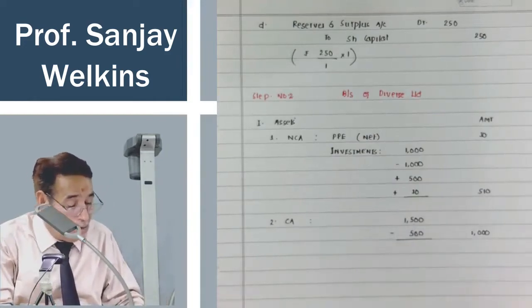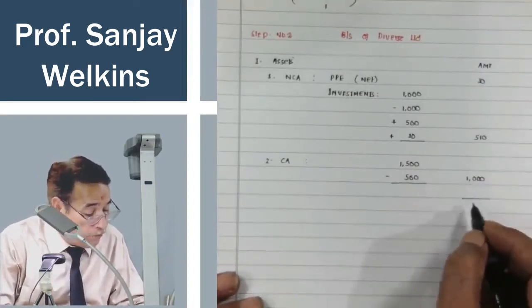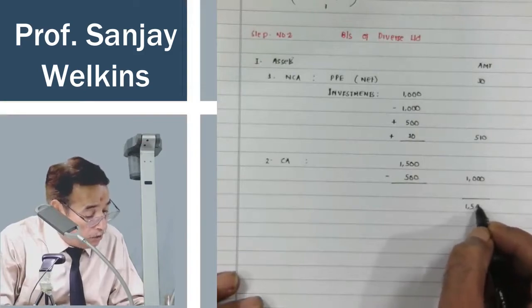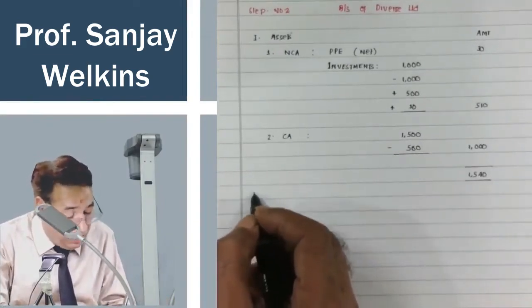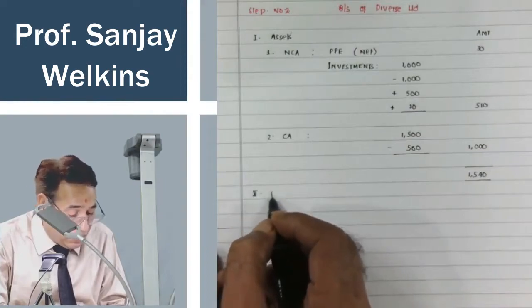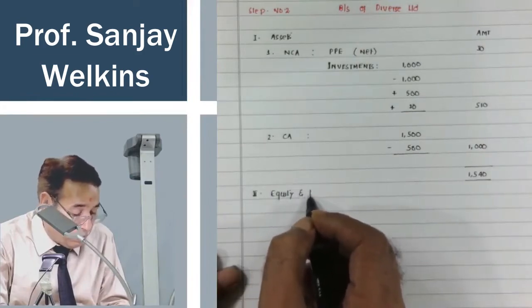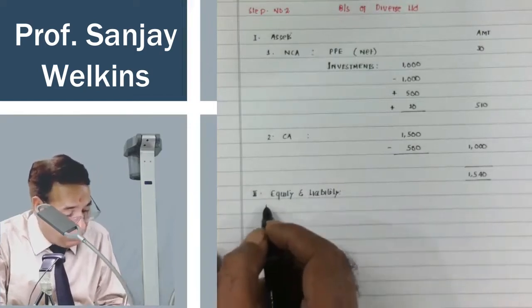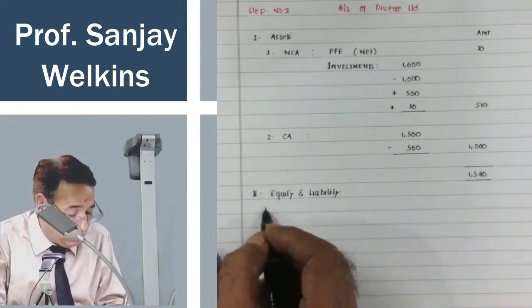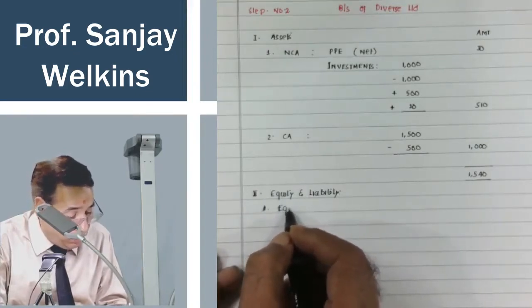Now you will total it. So your total amount will be 540 plus 1000, 1540. 1540 will be the total of your asset side. Clear? I hope so. Now we move over to our liability side. As far as the liability side is concerned, equity and liability. First of all, I am going to write here one, equity. Under equity,